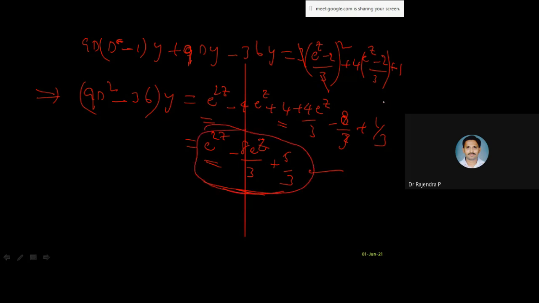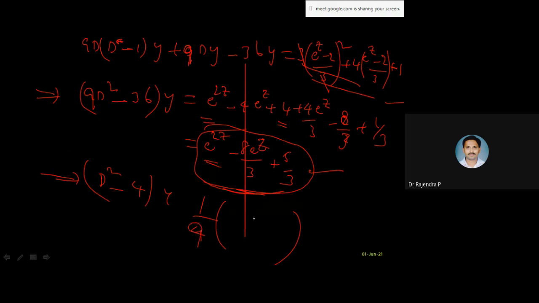Actually, the mistake I made is that I have to take the LCM here itself. Maybe that makes it difficult. All right. So even if you want, you can take 9 as common, take it to this side, then that will be d square minus 4 into y is equal to 1 by 4 times of this whole thing. It will come like this, right? If you are taking 9 common, 1 by 9 will come this side. Correct? So here, the remaining part is very, very simple.